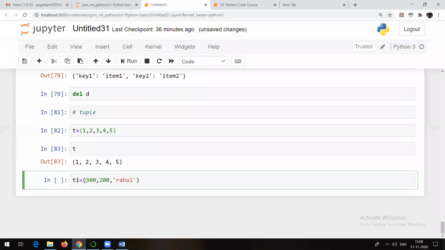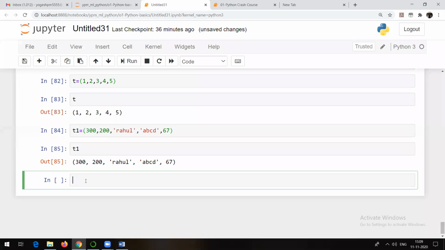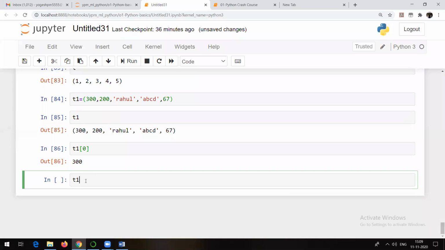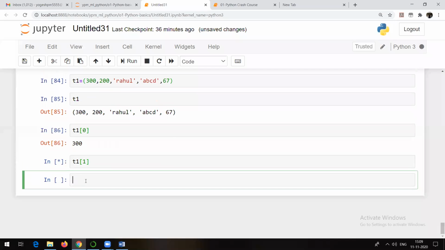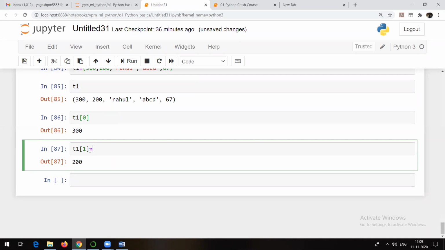Suppose I use the name Rahul. Another string, suppose ABCD, some number, and run, and then check T1. Now see, if I try to index it, T1 of 0 is 300. T1 of 1 is 200, right? Then what if I try to do it like this? T1 of 1 is equal to